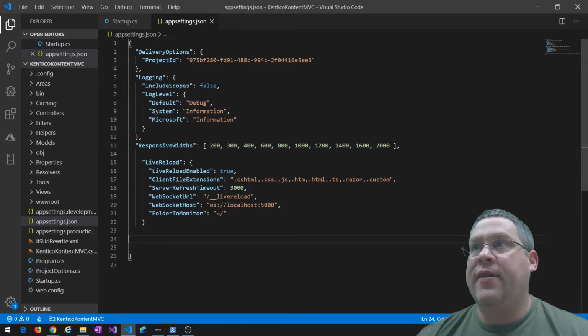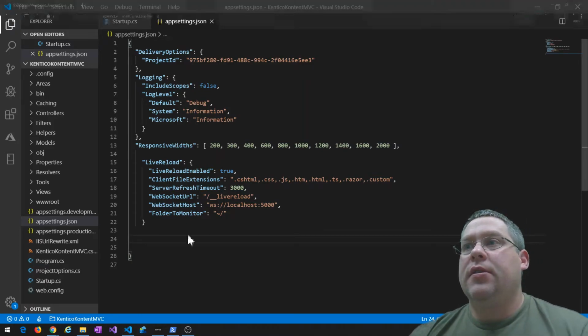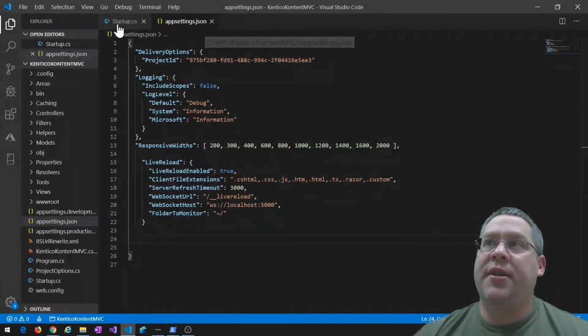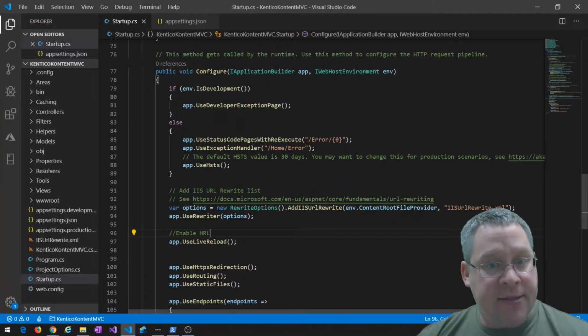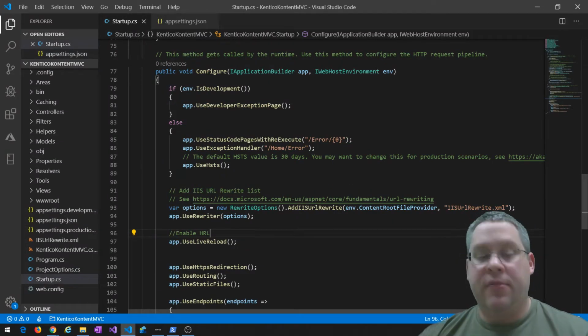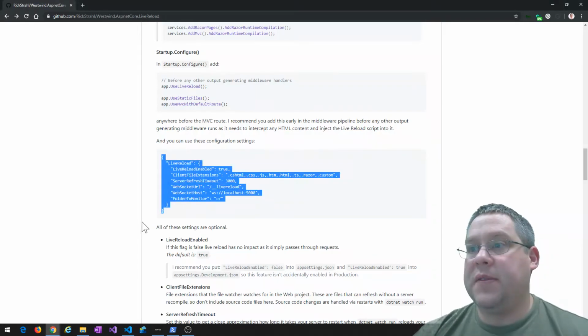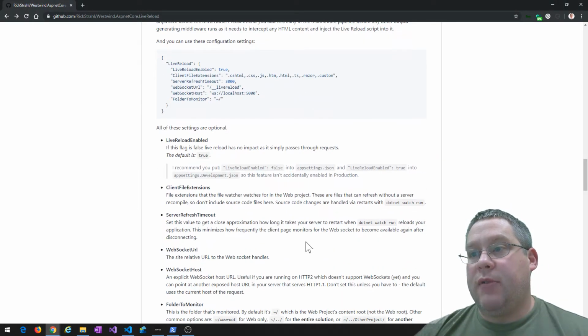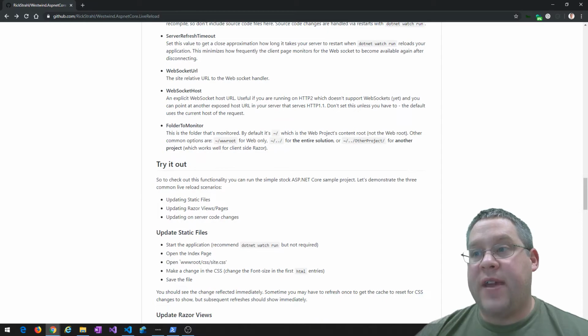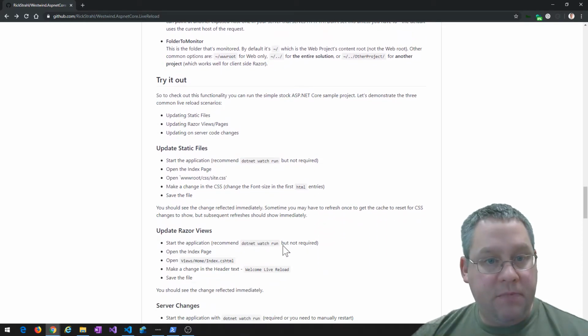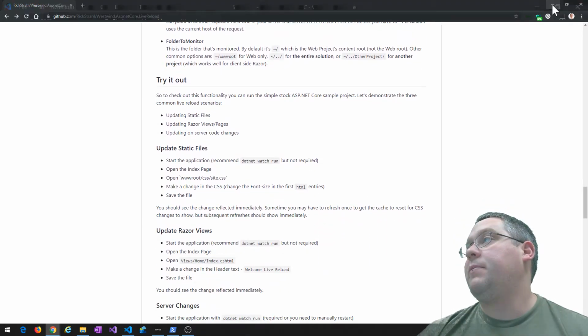So I'm going to hit save on that. So we have modified appsettings.json in the root, and we've modified startup.cs in the root to enable the right settings for making this whole thing work. And really, that's about it. After that, we get into trying it out. So let's do that. I'm going to minimize this,